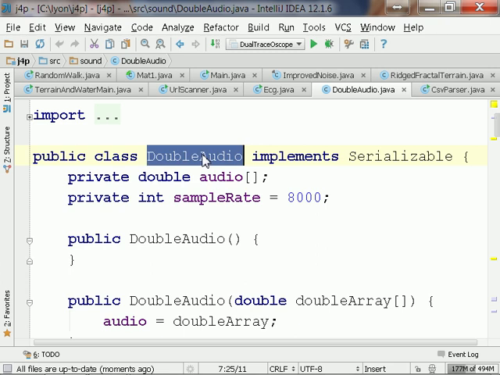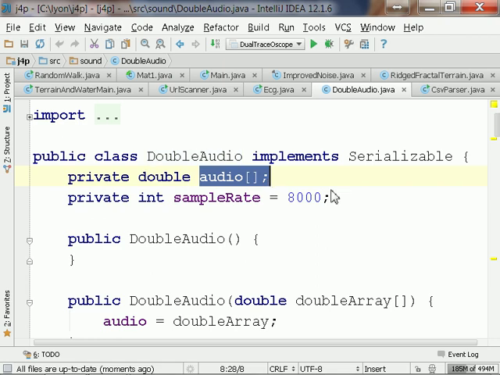This here is called double audio, and what this does is it takes simple audio data as a double precision number, and the number ranges from -1 to +1, and transcendental functions often do this too. So if you take math.sine, it ranges from -1 to +1. So math.sine is a great way to make a sine wave. Math.cosine will be a great way to make a